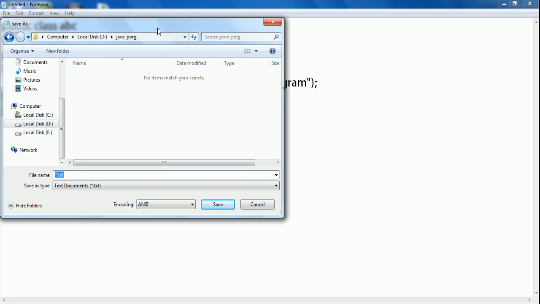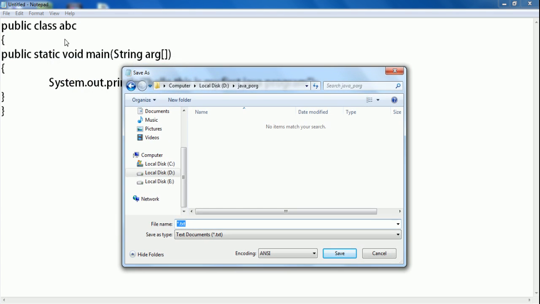Since our main class, the class that contains the main method, is named abc, it's always a better idea to name the file after the main class, like abc.java. You can give this file any name, but at the time of compilation and execution you have to change the class name and the file name accordingly.